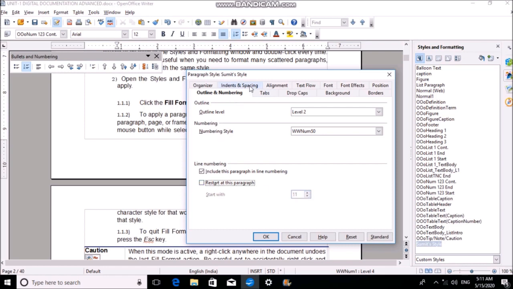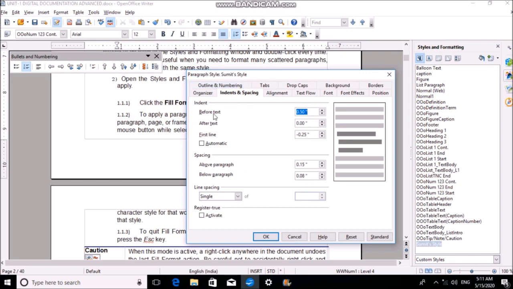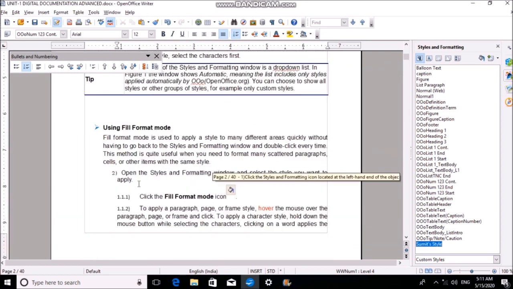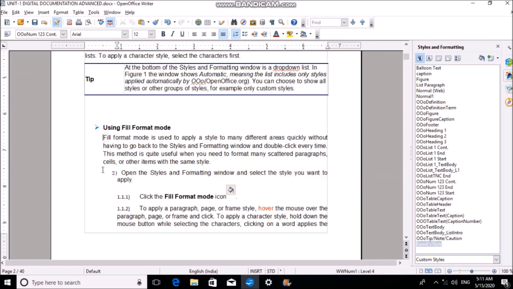Okay, so next is indent and spacing before text. I'll show you practically what is indent and spacing. So I'm clicking here before that word. These two are the increase and decrease indent options which have been given to us.